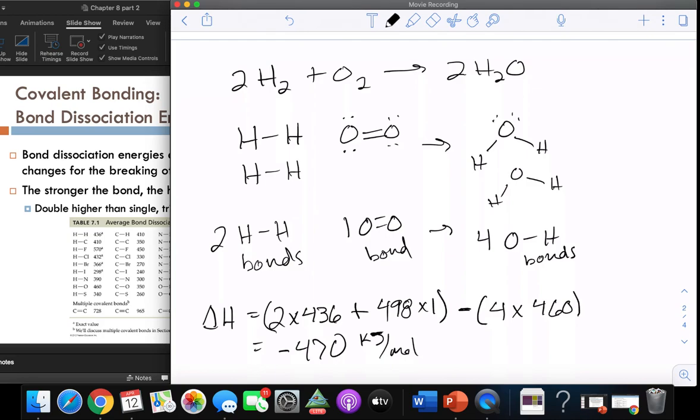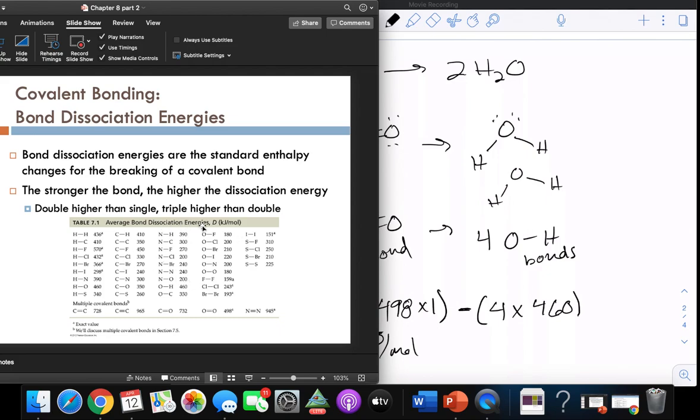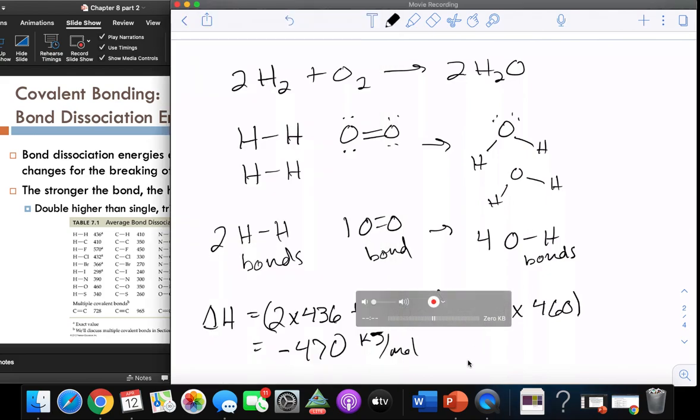So negative 470 kilojoules per mole, those are the units we're looking at for everything. All of these were kilojoules per mole for all those interactions. If you wanted, you could say kilojoules and treat the moles as part of the units. It really depends on whether they're asking for units of kilojoules per mole or kilojoules for the delta H. Kilojoules per mole is probably a little more common, so that's what I'm going to go with for writing out the units. All right, so that's the last example problem that I'm going to walk through